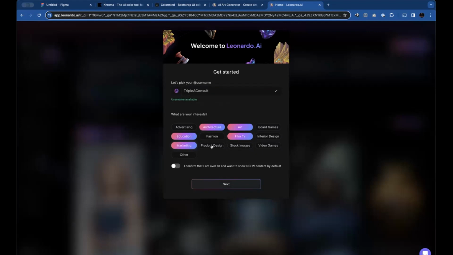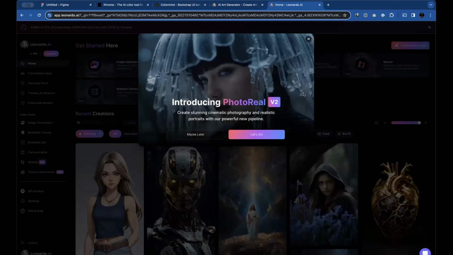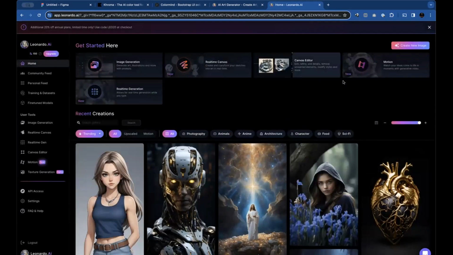Be sure to click on stock images, because those are the things you'll be using it for. If you want to build your website, you don't have access to things like Shutterstock and the likes. Then click on I confirm I'm over 18, then Next. If it gives you any pop-up, you can skip all of that.